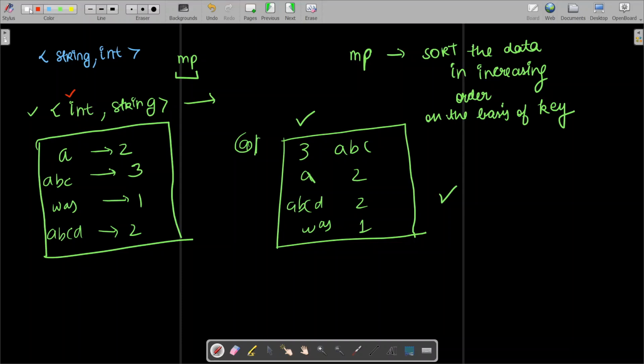Let me just tell you one thing. Suppose two words have the same frequencies. Now, if 2 comes, there is a problem, right? 2 will represent A or 2 will represent ABCD. We don't know, right? There is a conflict, because the left side was unique. Here, the string will be unique. There won't be a copy. If there is a copy, the frequency will increase. So here, all strings